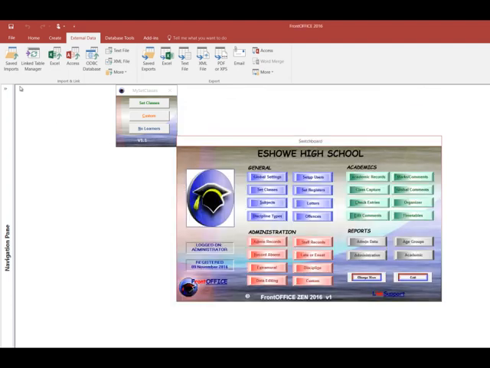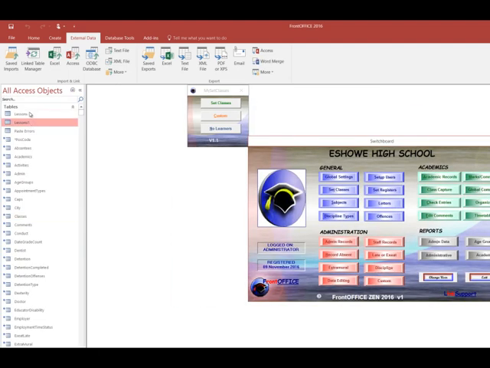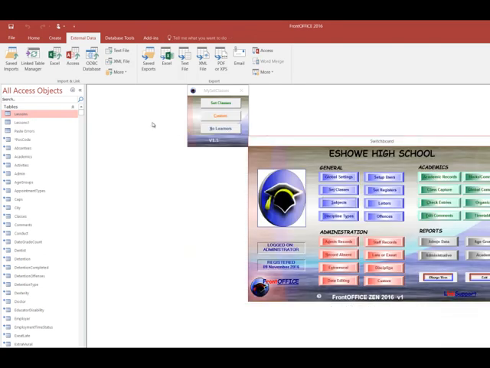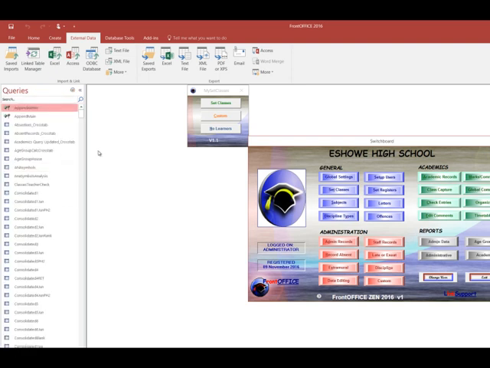Alright, and close, and it's pulled in the lessons. I'll show you the one that I pulled in. Okay, so what that did basically is that has now essentially pulled the classes in that you've created from the timetable program. So I was then able to create a query, and